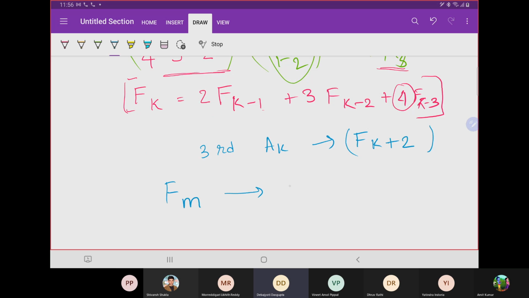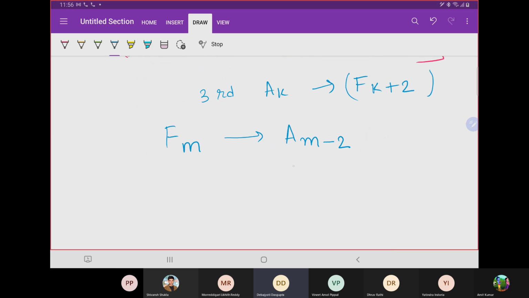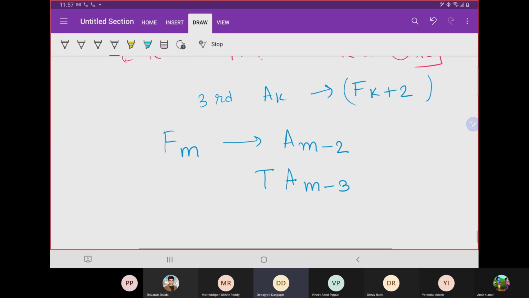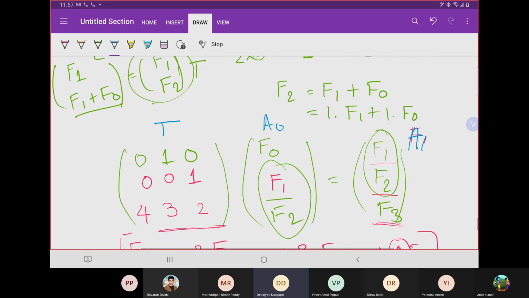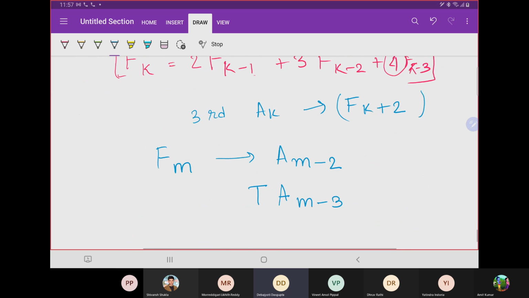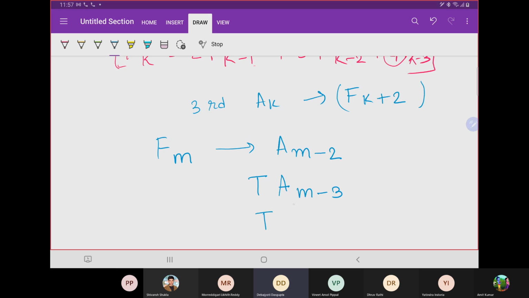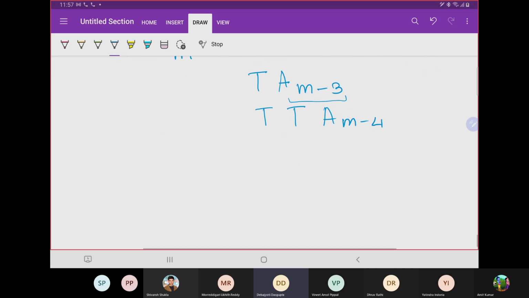So if I want to find f of m, we need to basically calculate a of m minus 2. So what is a of m minus 2? A of m minus 2 is basically a of m minus 3 into t. T is basically my transformation matrix. Similarly, what is a of m minus 3? A of m minus 3 is again t into a of m minus 4. Similarly, if we keep on doing this recursion, it will be t into t into t,